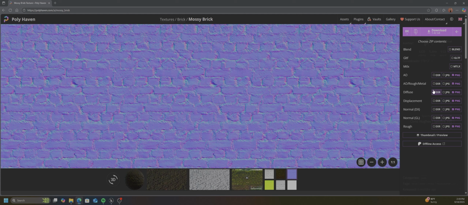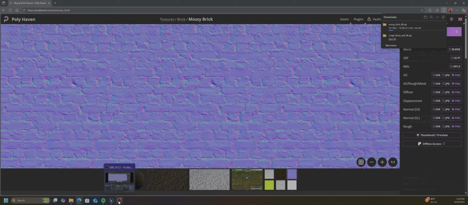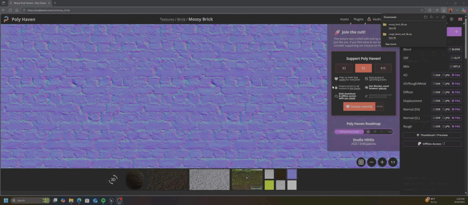And most of the time, though, for Unreal Engine, I'm not using half of these maps. And I'll show you which ones we're going to use. So once you've got these selected, I'm going to go ahead and hit the download button. And while that downloads, I am going to pause. Okay, so